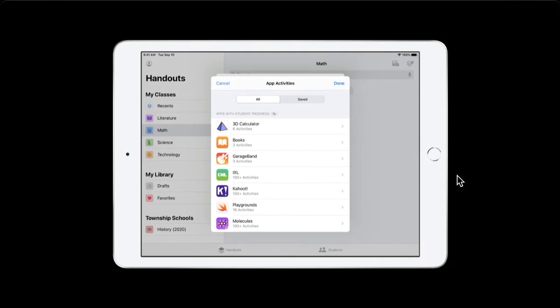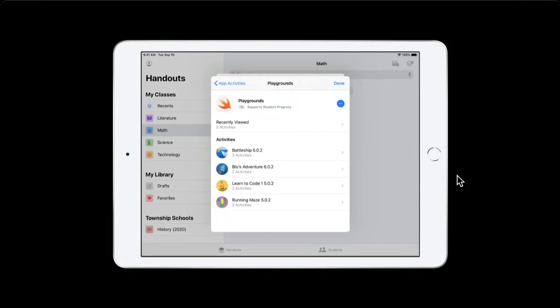Go ahead and, if you would, click, Jess. What we're going to do is assign an assignment in Swift Playgrounds. Swift Playgrounds is our coding app. Hopefully everybody's taking advantage of that. It's free. We're actually going to dive down into Swift Playgrounds and pick out a